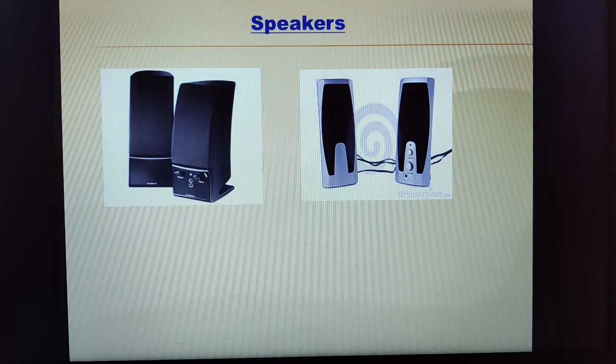So here the input might be analog or digital. I think in the previous chapter, overview of computer, I have shown how the analog signals and the digital signals look. So irrespective of whatever signals you are giving, the speakers will convert them into audible frequency, and based upon that they will produce the voice output. So the voice output here will be in audio form, isn't it? Here these speakers make use of speech synthesizer software.